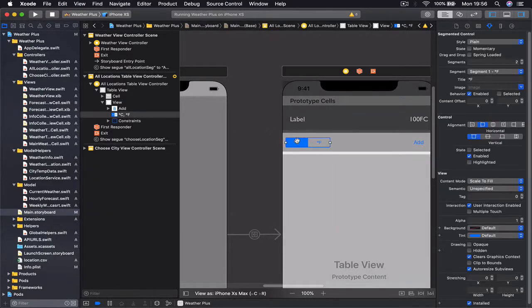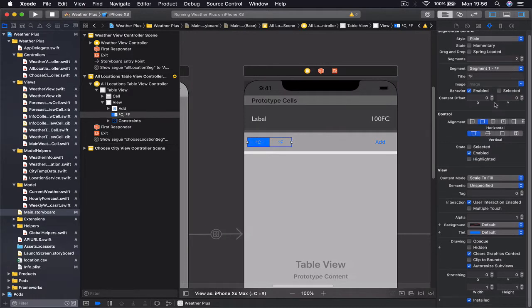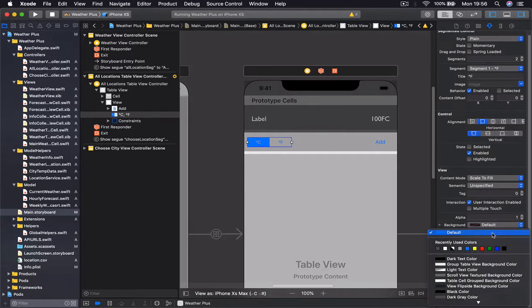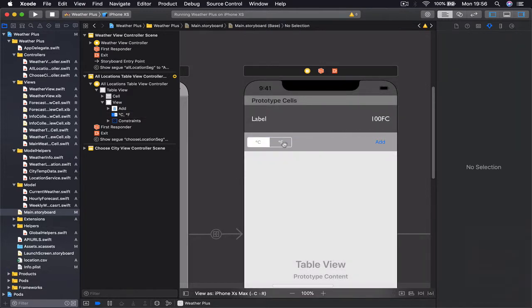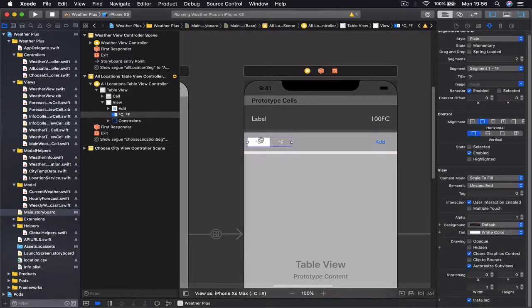Okay, and since this is blue by default, what I want to do is change the tint color to be white, because our background is a gray, so the black and white would be much nicer here. The next thing, we want to put our